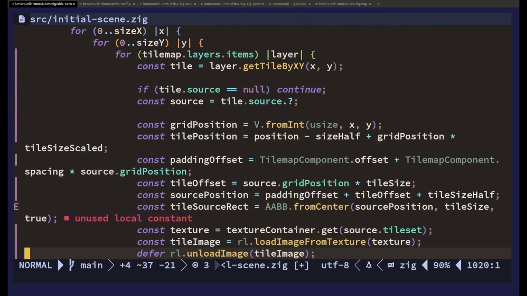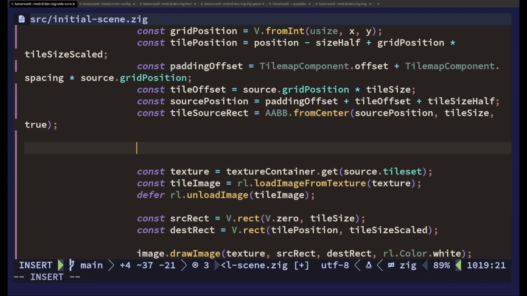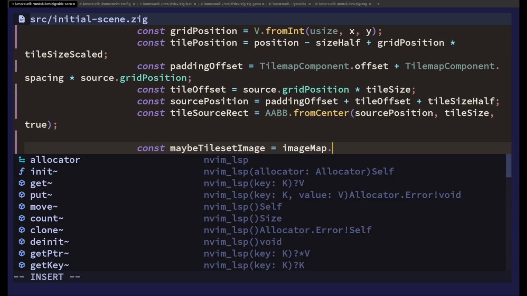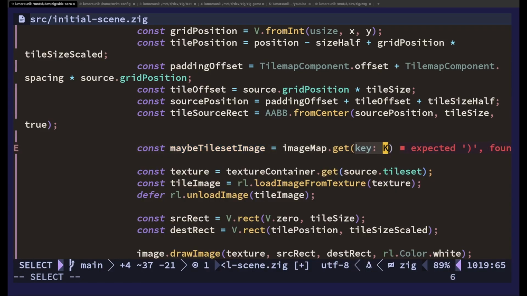Okay, so what we do now is we get the texture. Actually, what we do is we say maybe we have the image already. So tile set image, and we say image map, and we get the tile set,